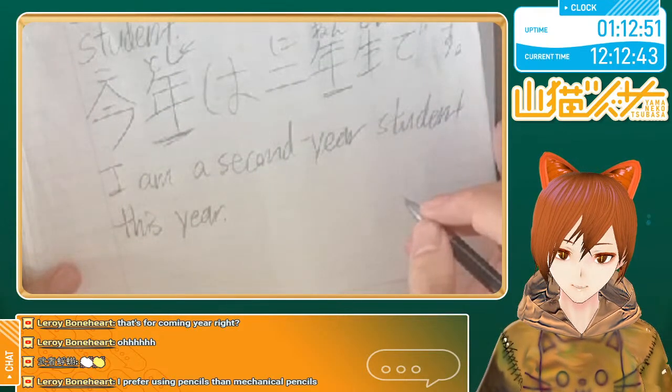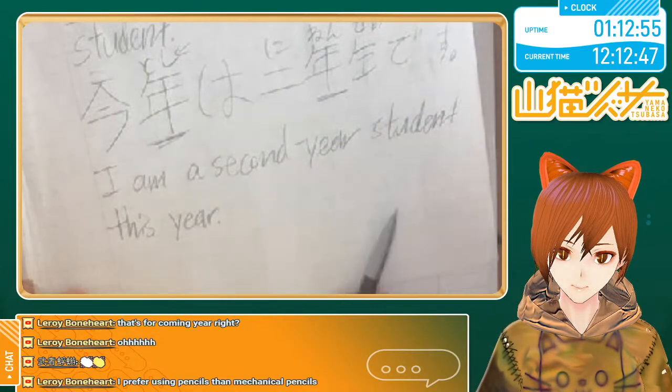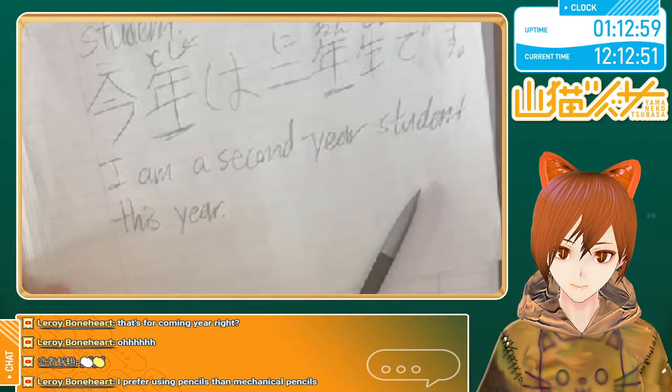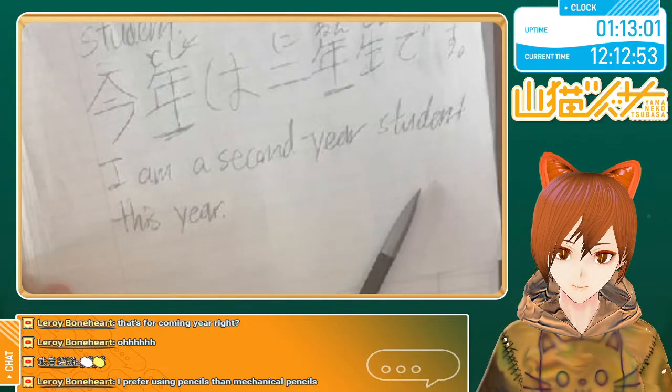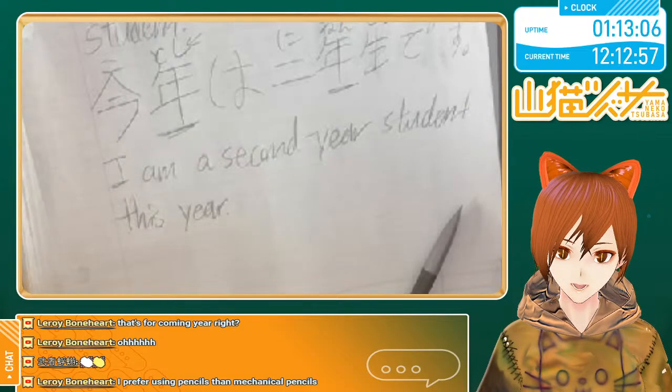Perforated pencils and mechanical pencils. Makes sense. I just don't have a sharpener. Well, I do, but I don't want to sharpen. And I have a lot of light to burn through. That's one of the reasons why I'm using it. Okay.